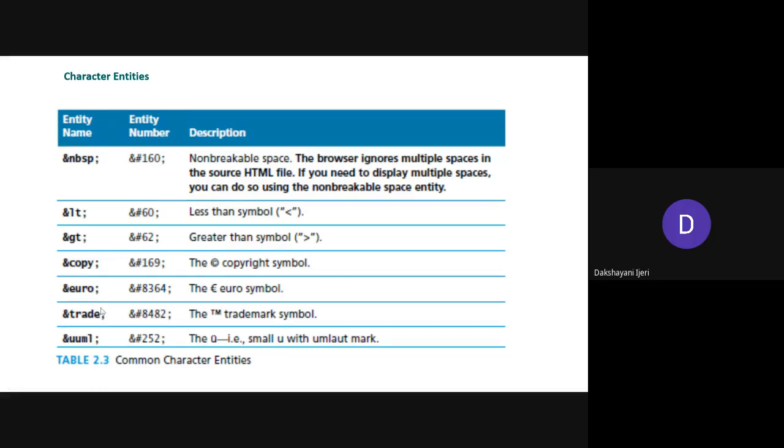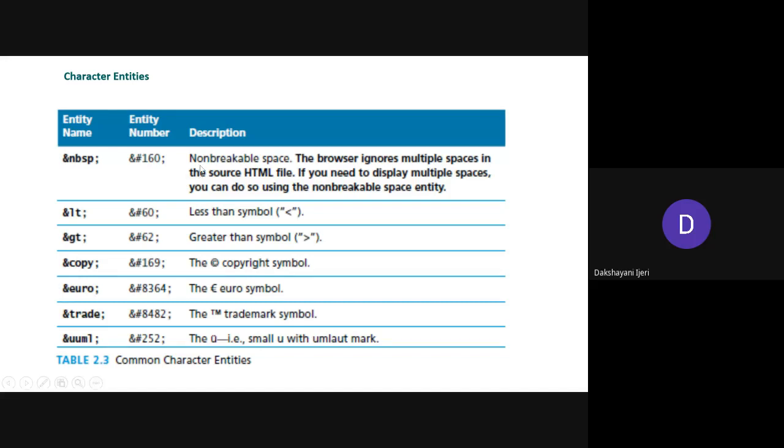Okay. For what purpose are these character entities used? All of you are aware that whenever you use any element or content with multiple spaces in the text, by default the HTML or the browser is going to ignore the multiple spaces and leave only one space between the words.